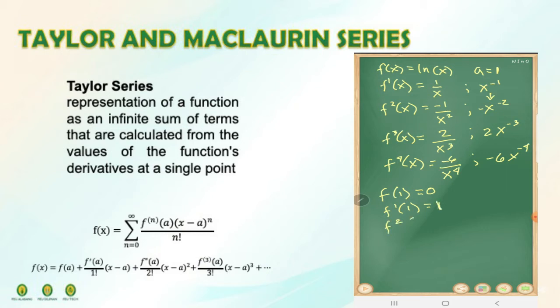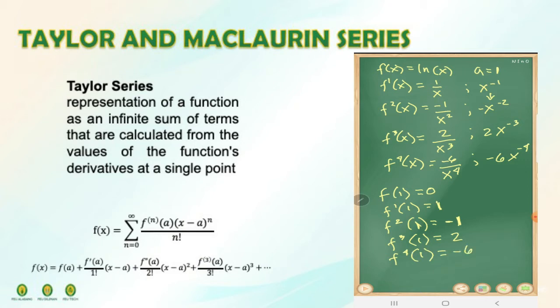How about the second derivative, f2 of 1? It is equal to negative 1 over 1, simply negative 1. How about the third derivative, f3 of 1? It is equal to 2 over 1, which is 2. And finally, f4 of 1 is equal to negative 6 over 1,